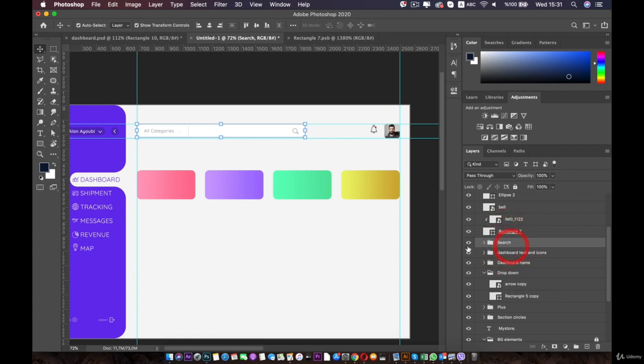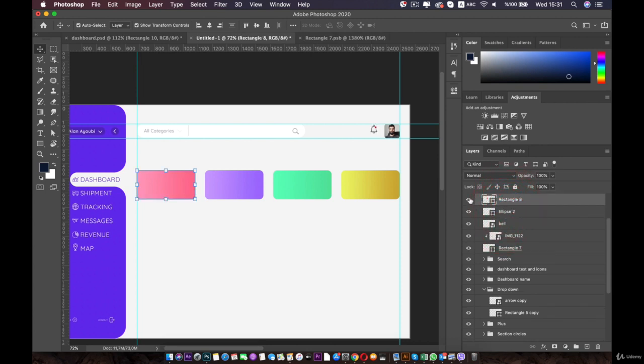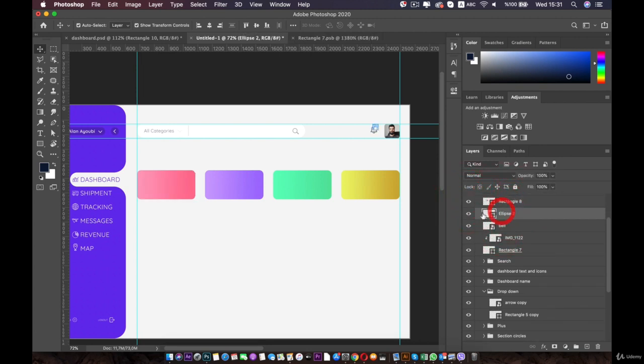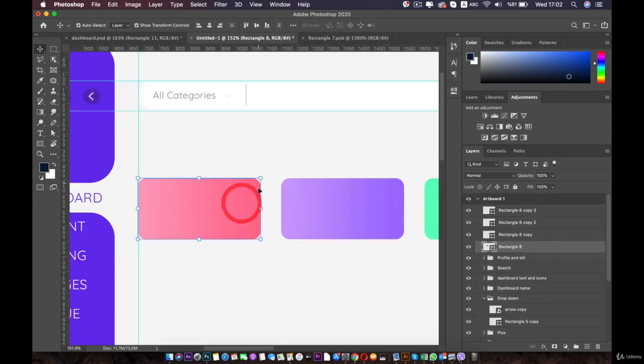After that, we will search for the layers that are related to the profile. And then I will select all of them. So we have this one and these two. Command G. And we will name it profile. Okay, now that we arranged everything on the search bar and the profile, we can go ahead and work with